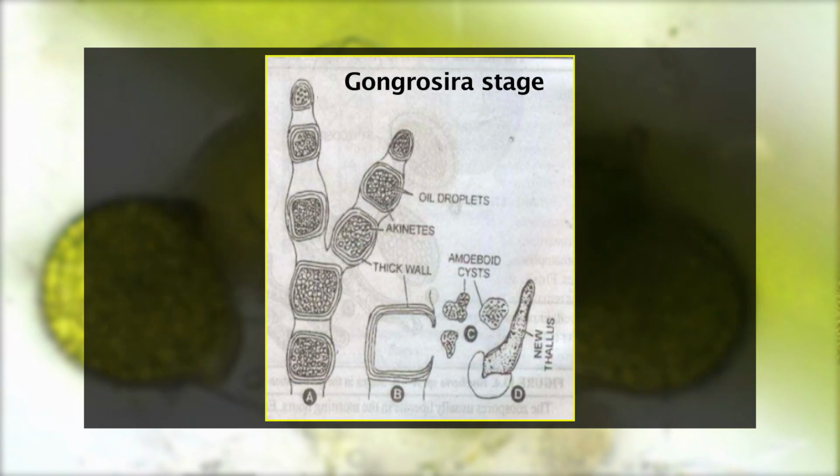These segments come out through a pore in the lateral wall of the cyst. At this stage, the Vaucheria thallus resembles that of another genus called Gongrosira, and therefore this stage is called the Gongrosira stage. So far as sexual reproduction is concerned,